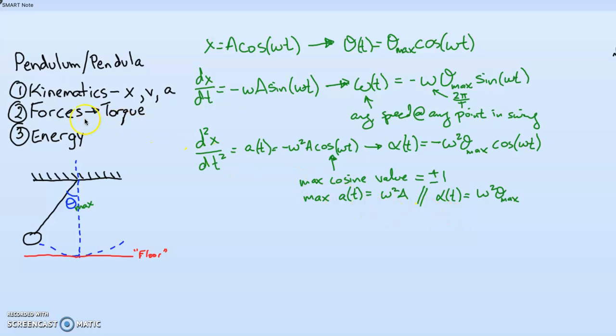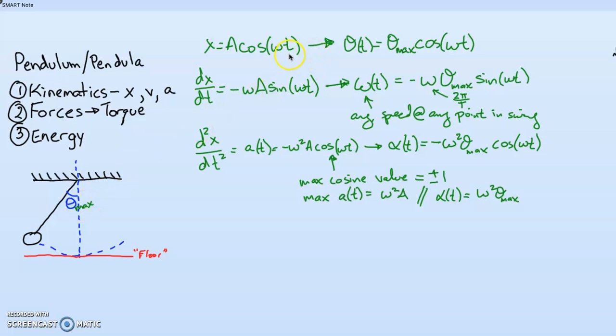Now when we get to torque, we're gonna do exactly the same thing that we did before to get rid of the acceleration and replace it with position and relate the left and the right side for torque. This is just the review of the quantities of motion for a pendulum, and now because the pendulum is twisting through an angle theta